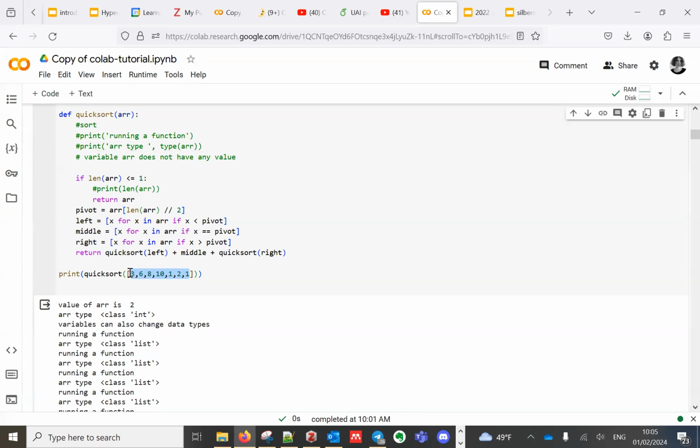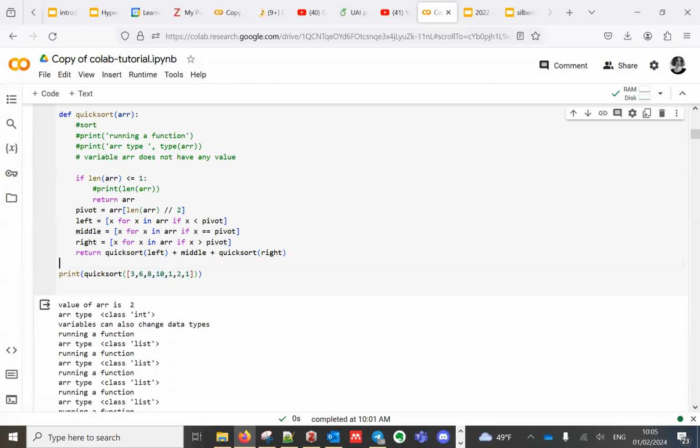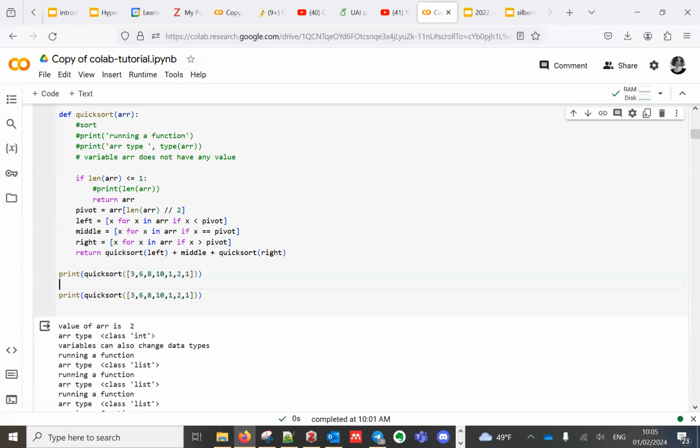We give the information to the computer when we want to, for example, sort our array. So we give the computer this initial array, and we ask it to sort it out.